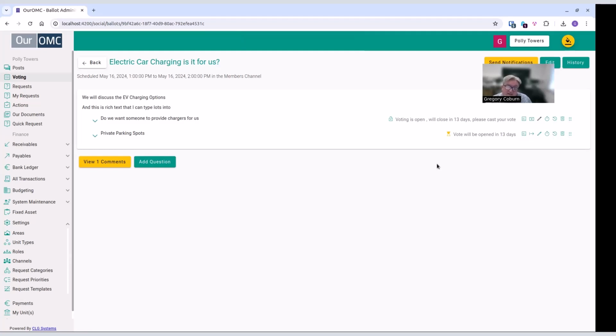Now, as always, it's still going to be up to the directors to make the important decisions, but they get guidance from the members, and they can make those decisions in the confidence that this is what the members want. Instead of guessing what the members want, you can know what the members want, because we can put a vote together in a few minutes, knock it out, and people tend to vote quite quickly and let their opinions be known. And we believe that's the way to have a healthy community.